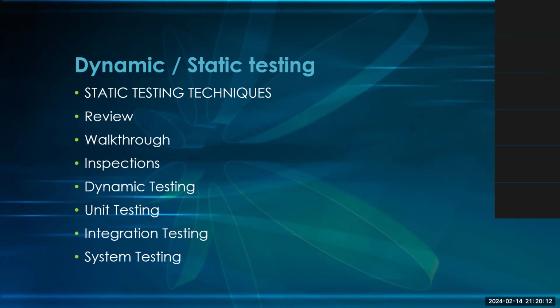So with dynamic testing, it means that we are actually testing the software. The software is ready for testing, which brings us to unit testing, because by the time dynamic testing comes in, it means that the software is ready. So during unit testing, the developers will concentrate on testing the code they've written. And then for the integration testing,